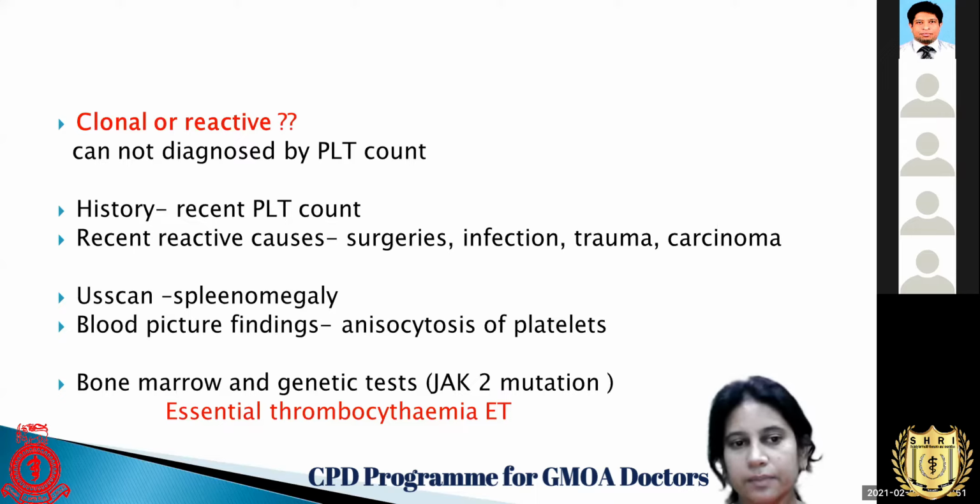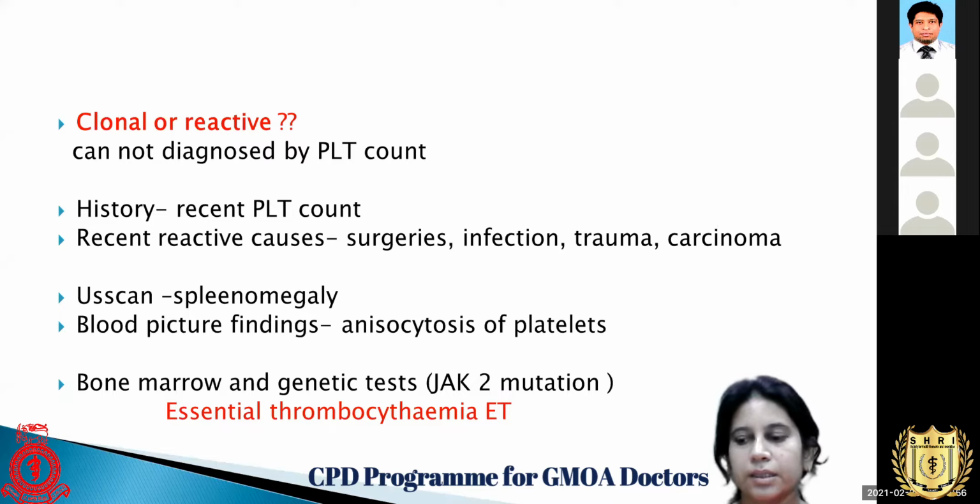No, you can't. Sometimes you see inward patients, especially inward patients, you get very high counts, 800, 900. After surgeries, you get 1,000 counts. You can't go by the platelet count. So it's very important to take a history. Check the platelet count of the patient on admission and compare with the last count. If your admission count is normal, most possibly you are dealing with reactive thrombocytosis.